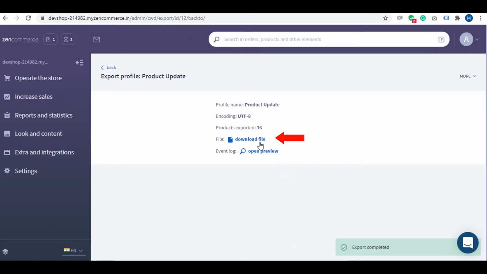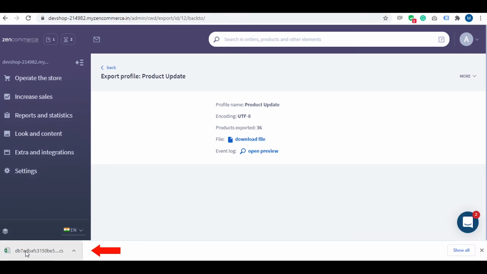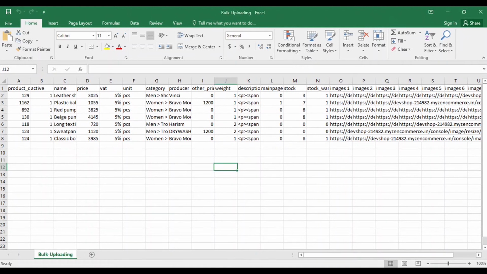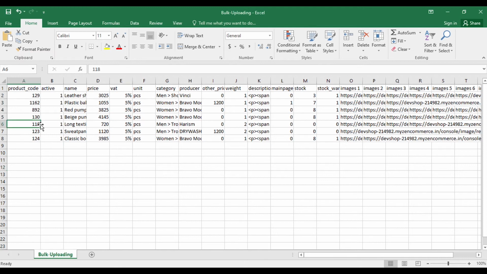Next, we will download this file by clicking the download file link and wait for it to download in the system. Locate the downloaded file on your system and update the required information. So this is our downloaded CSV format, and you will notice the existing product information is arranged as per the